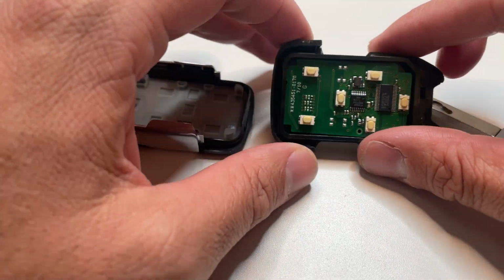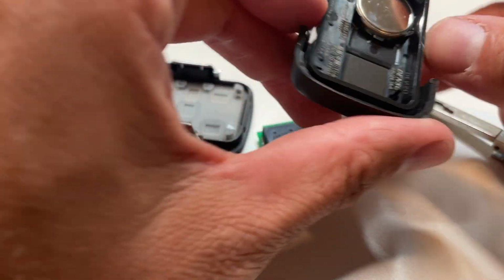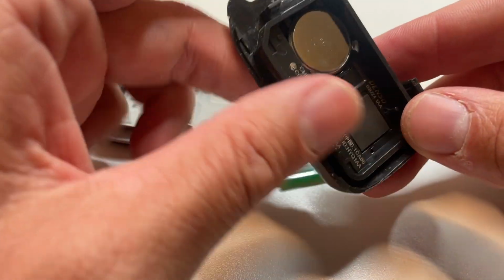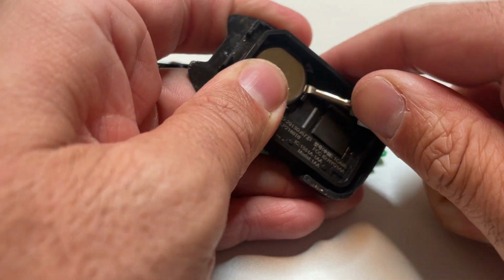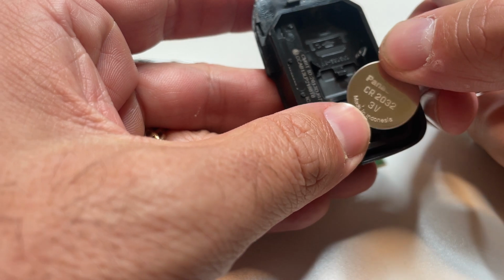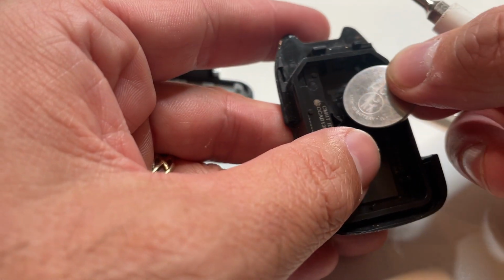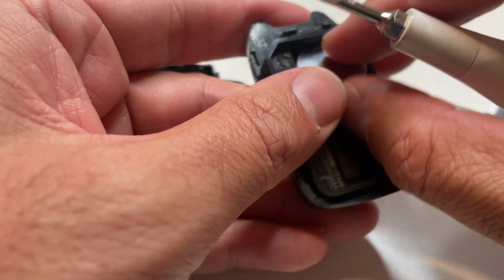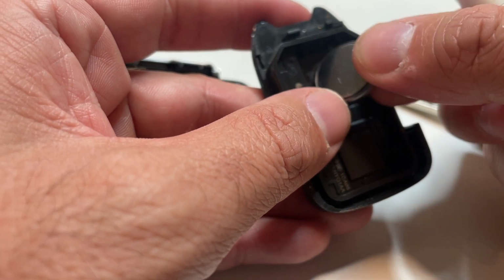Now all you're going to do is this should just drop out here if you tap it like so. Then this is where I like to use a screwdriver, and I'm just going to insert it underneath here and then pry up that actual battery right here. These do take CR2032 batteries, so I need to use a replacement CR2032 battery, which I've got right here. And then you want to actually make sure that this side is up and the positive side is down into